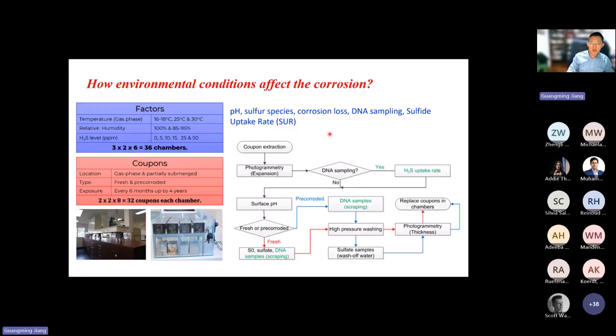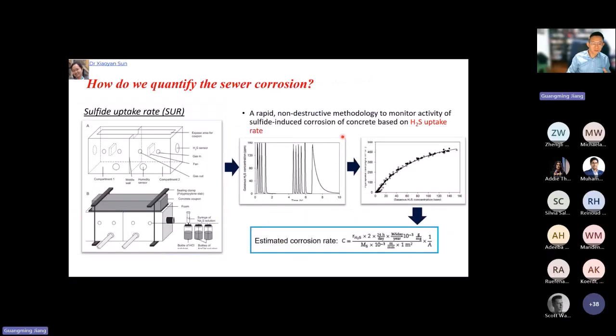Yeah, so we have had quite a few publications on this, talking about the different impacts of temperature, humidity, and H2S on the corrosion, not only on the corrosion rate, which is the active corrosion stage, but also how they affect the startup, the initiation of the corrosion. I won't be able to go through all those results, but just to let you know, we conduct this research. If you're interested, we can communicate further, or you can check our publications.